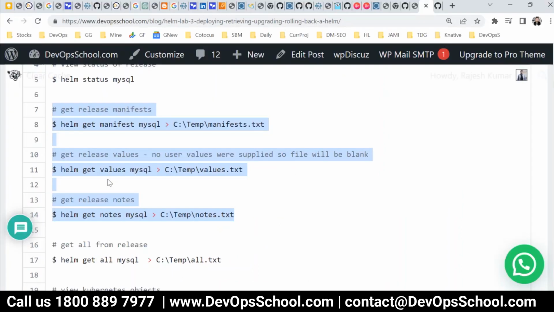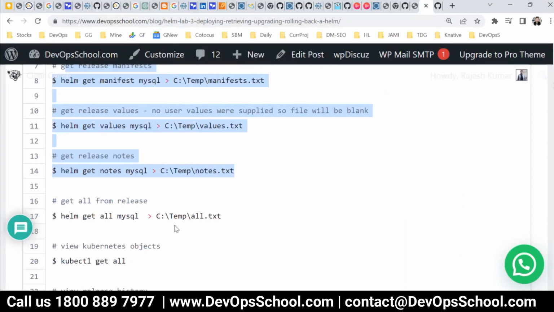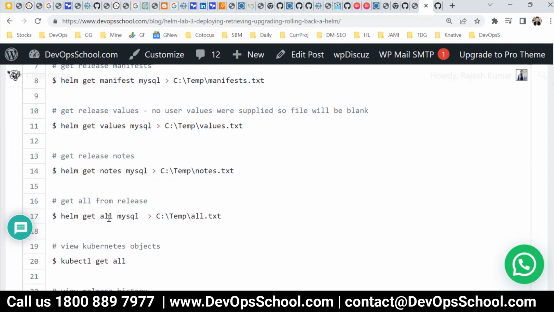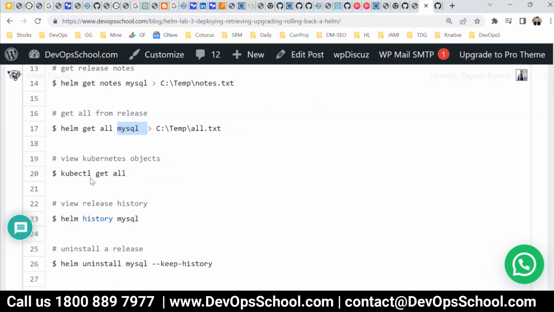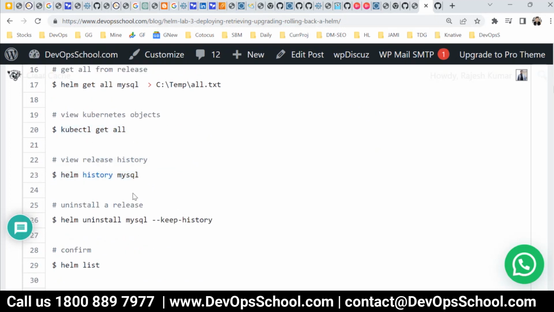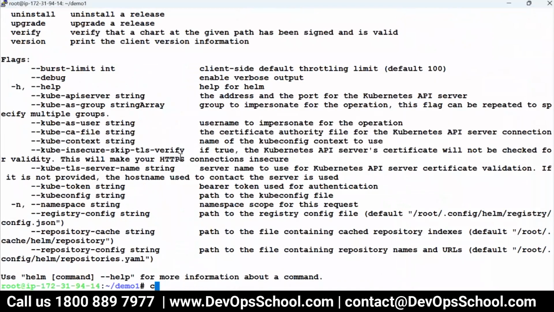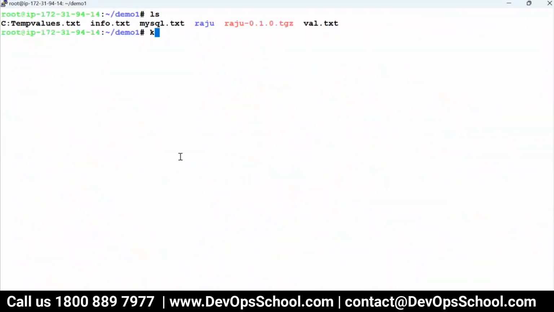Yeah, remember that. So get, this is a release. This way, same way, all information you can get it here. And this is the kubectl command, so you understand this. Now you should check how many releases we deployed. So if you see that here, kubectl get,